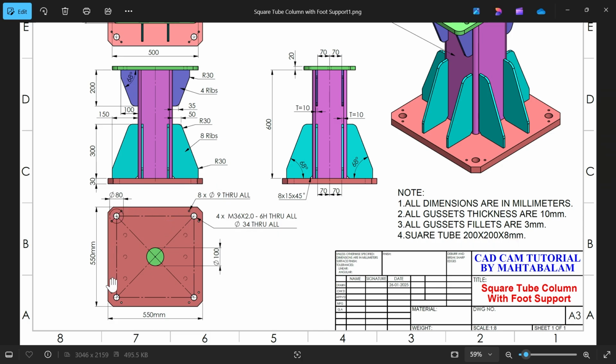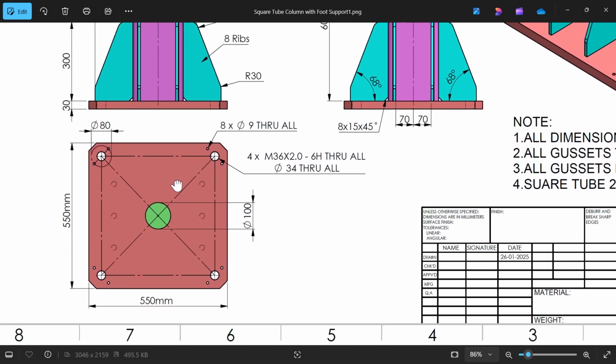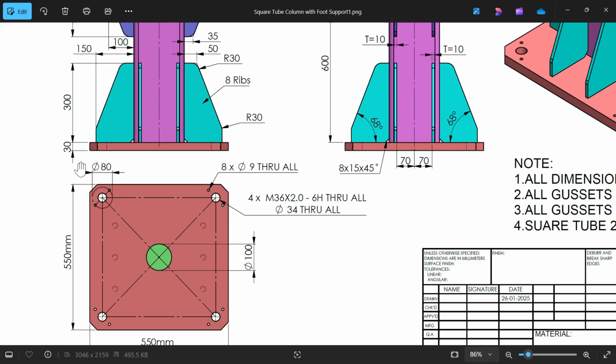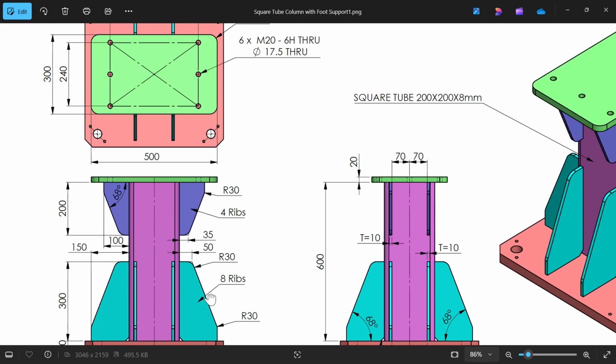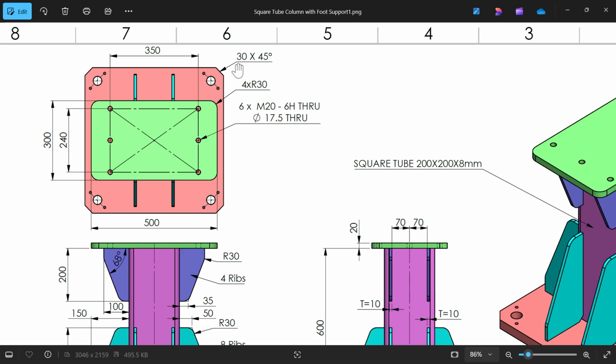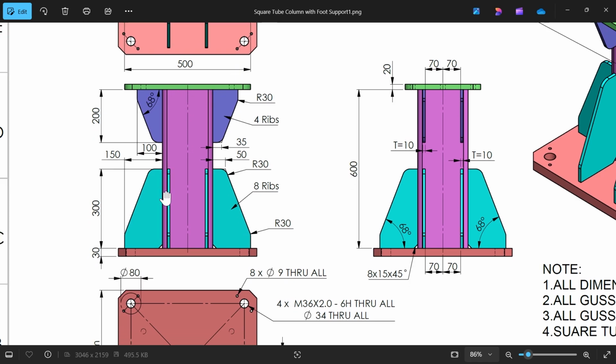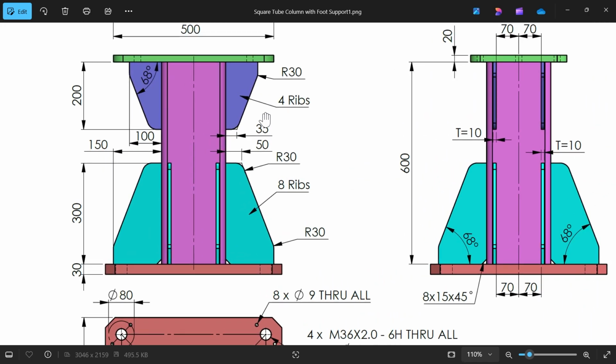Okay, so we are going to start with this bottom plate 550 by 550. There is one hole at center, 100 millimeter, and thickness you will see 30 millimeter. And there is a chamfer you will see. Okay, let's check this chamfer, 30 into 45 degree. There are 4 chamfers. Then the length of this square tube you will observe here, 100 millimeter. Okay,